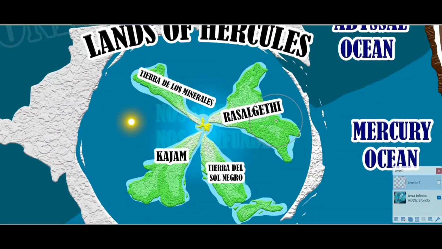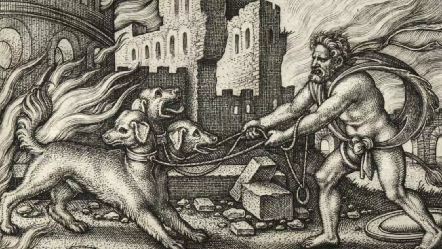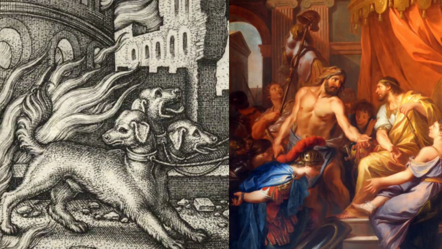So what Pluto does is tell Hercules, well, okay, you can take Cerberus, but only if you manage to fight him off and defeat him in hand-to-hand combat. Of course, this would be insane to even try. Remember, Cerberus is this enormous creature that could beat any mortal, but Hercules is just that guy. He just gets it, and he is strong enough to do this. So he beats Cerberus in hand-to-hand combat with no weapons and manages to subdue him and brings him back to the land of the living, where he shows him to Eurystheus and then brings him back to Pluto.